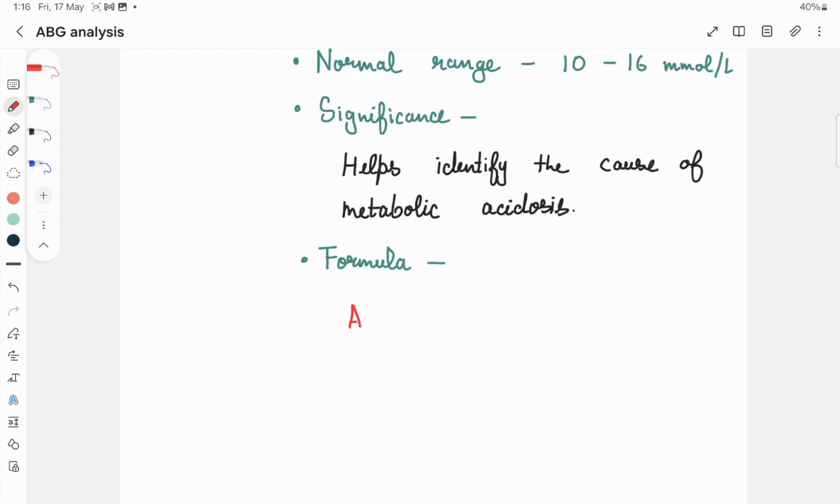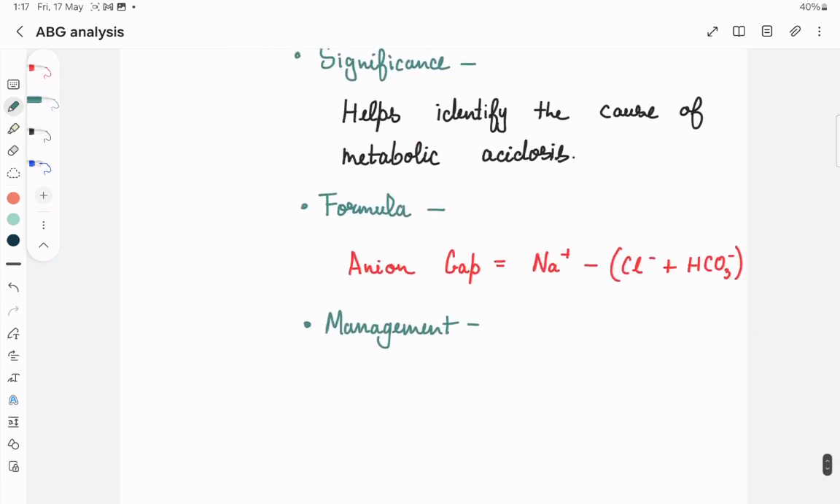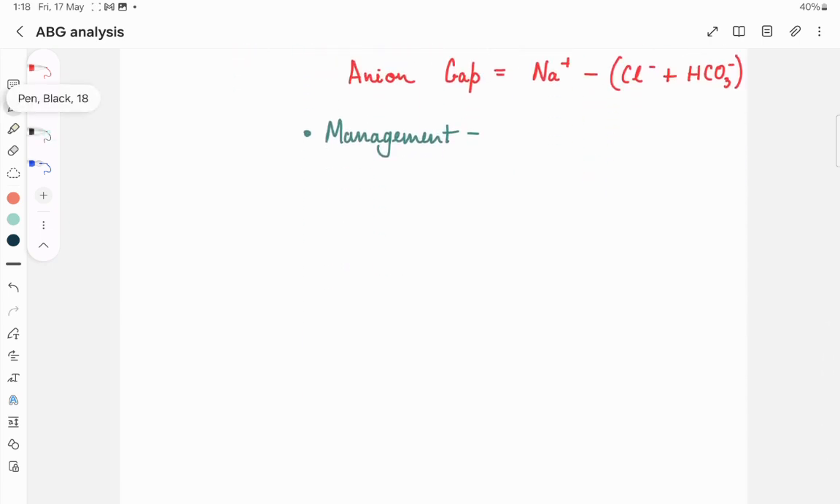We will also talk about the formula in this one. So how do we calculate anion gap? Anion gap is sodium minus chloride and bicarbonate added together. So sodium minus, bracket open, chloride added with bicarbonate, bracket close. What is the management? Management is